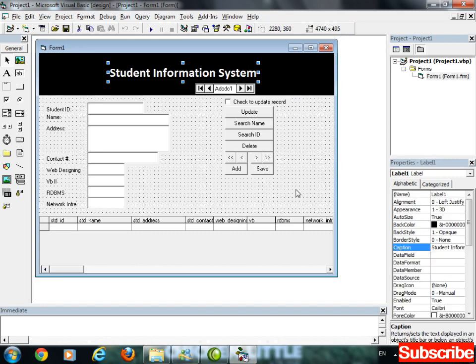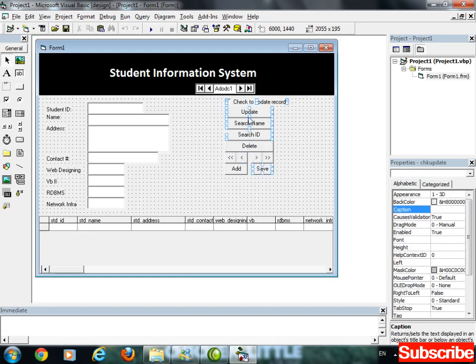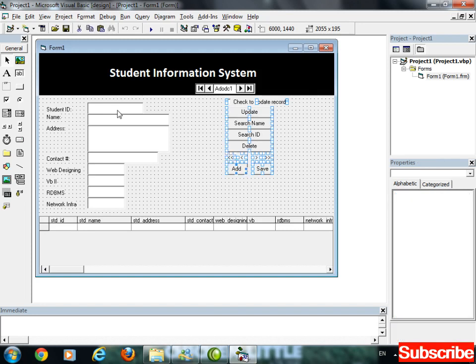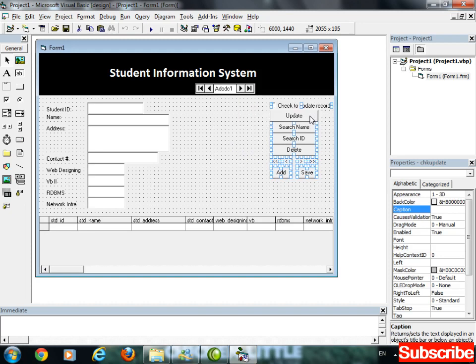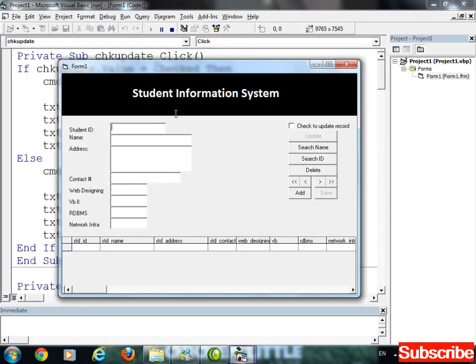Okay. Select all these controls. Now you can move these controls to right. Okay. Start your project. This is the design.